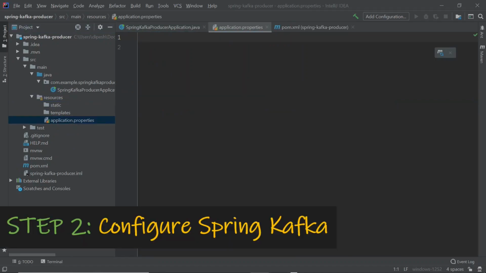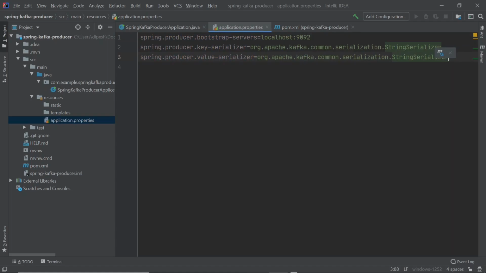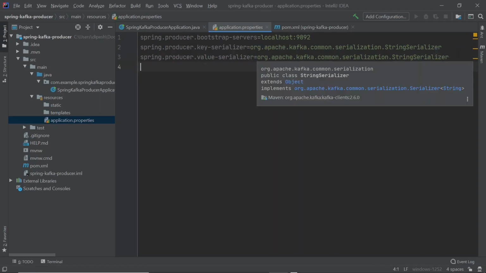Now our next step is to configure this project so that it can access our locally set up Kafka. So I am going to paste the properties which we need to set here, and there are 3 properties: spring.kafka.producer.bootstrap-servers, which points to our locally running Kafka server. Also we need to provide a key serializer and a value serializer. This is the serialization class that our Kafka producer will use to write these messages to the Kafka topic.